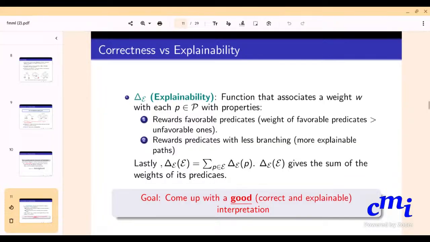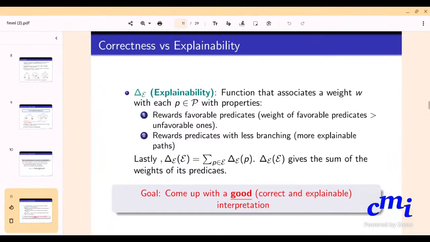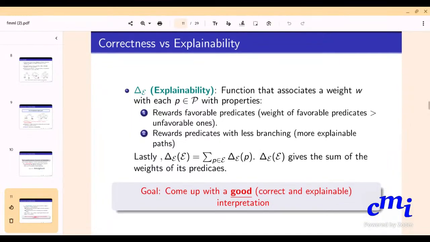Then you should use a different function for weights, no? Yeah, this should be a delta weight. This is a typo here, it should be weights, which I intended to write as WP. I'll fix it right away. This is WP. Yes. Again, what is the second delta? This second delta is supposed to be WP. This is like the predicate's explanation factor. No, but you have not defined what WP applied to explainability itself is.